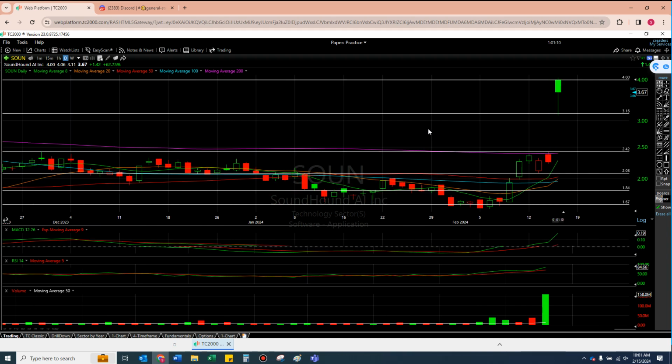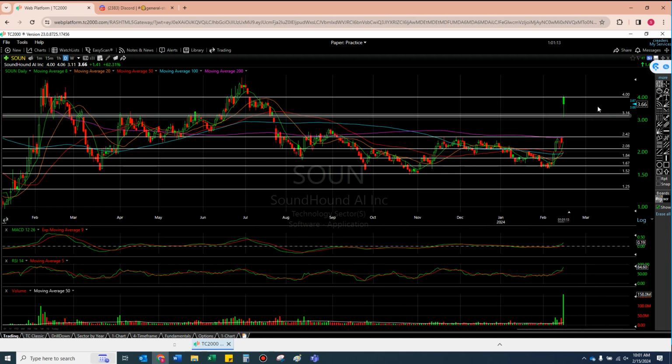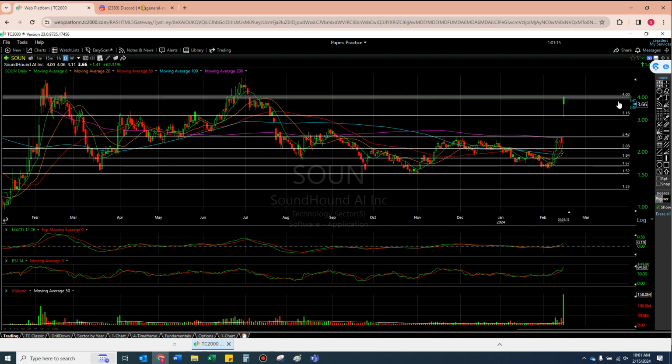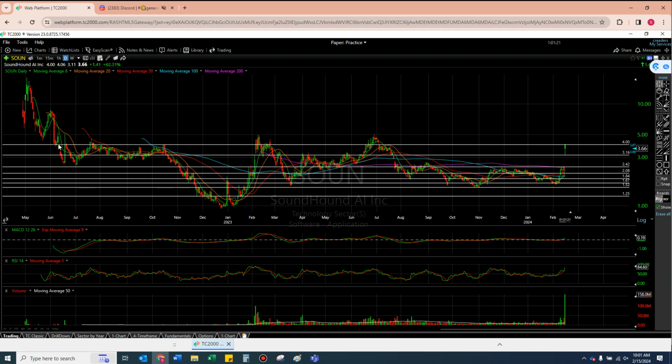All right, because I love this channel right here. All right, what's a channel? Just 2 lines. All right, they could be moving averages, they could be some of my drawn lines, but there is a nice little wide oscillation right there instead of the super tight one that was in between these two. Red, green, green, red, green, green, red, green, green. It was just so fast up and down between this 3.16 and 4.